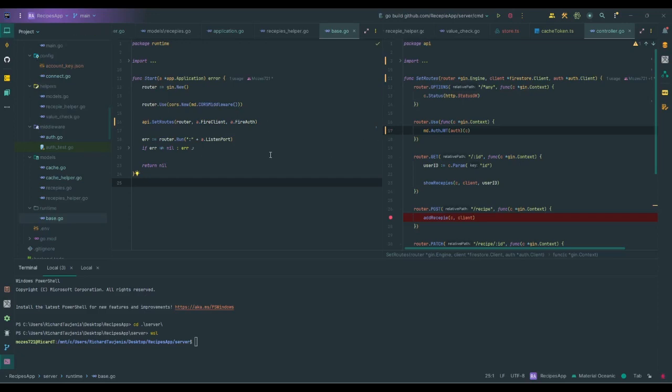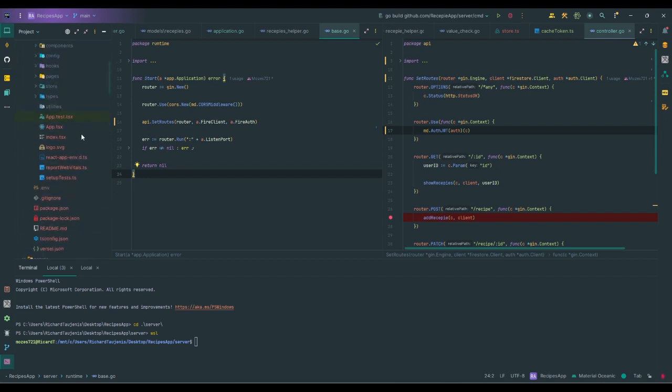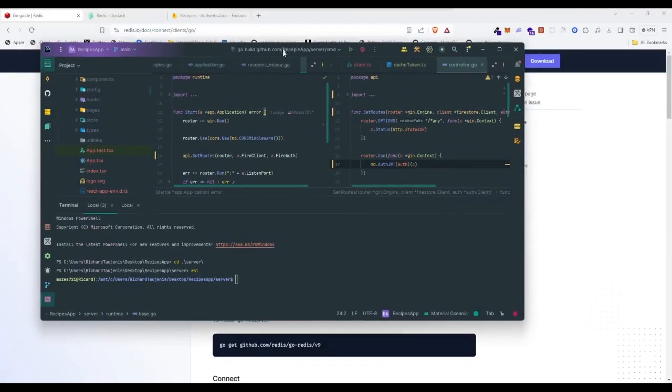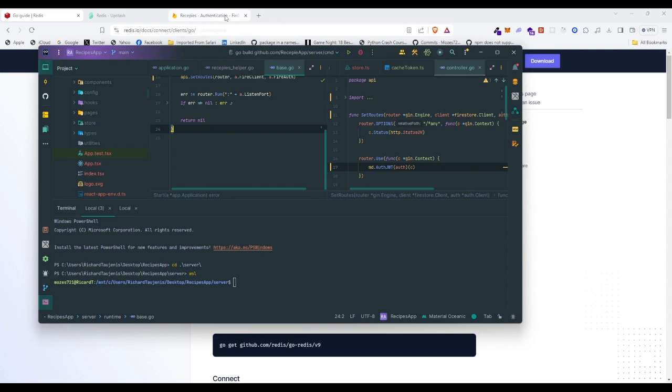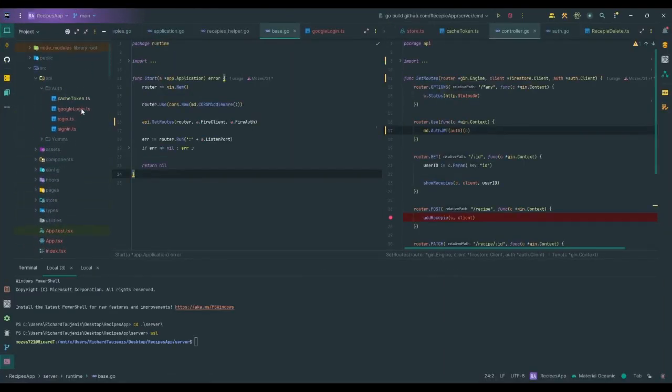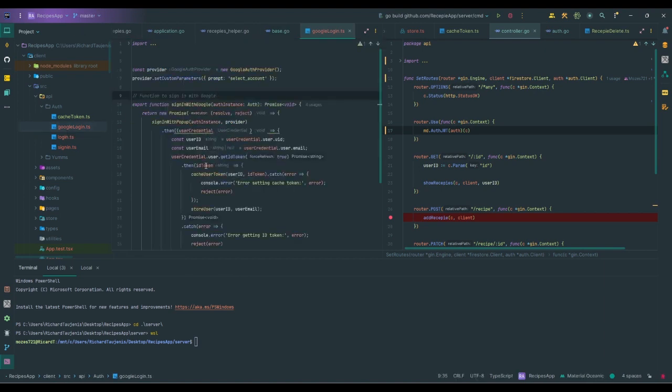Hello, so in this video I'm going to be covering Redis using Go. Currently in my React backend I am saving everything more or less, but I don't want to save the user authentication token. Firebase creates, let me just show shortly, as you can see, Firebase creates an ID token,